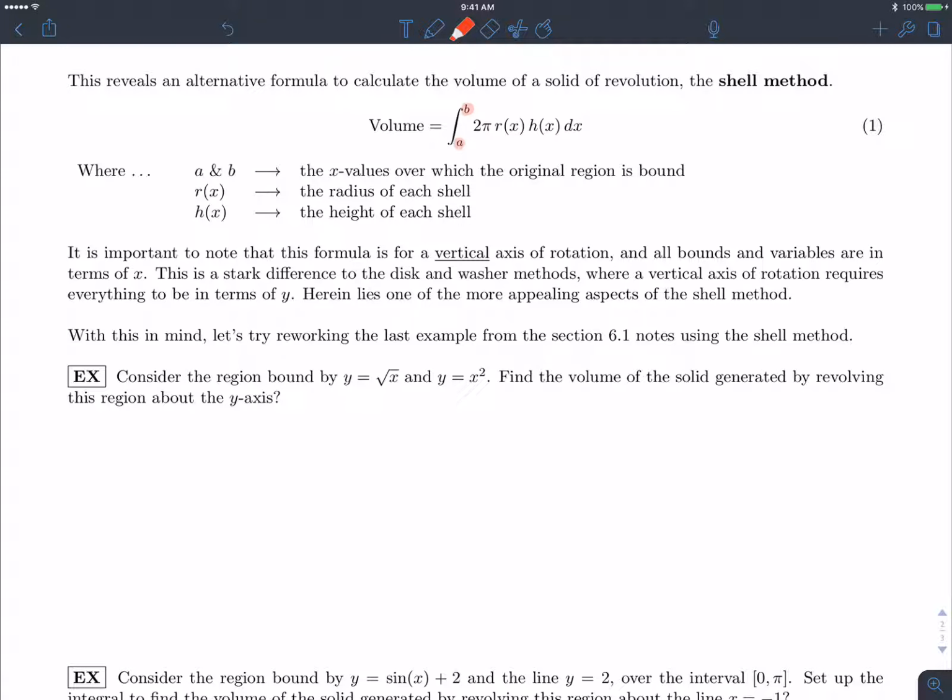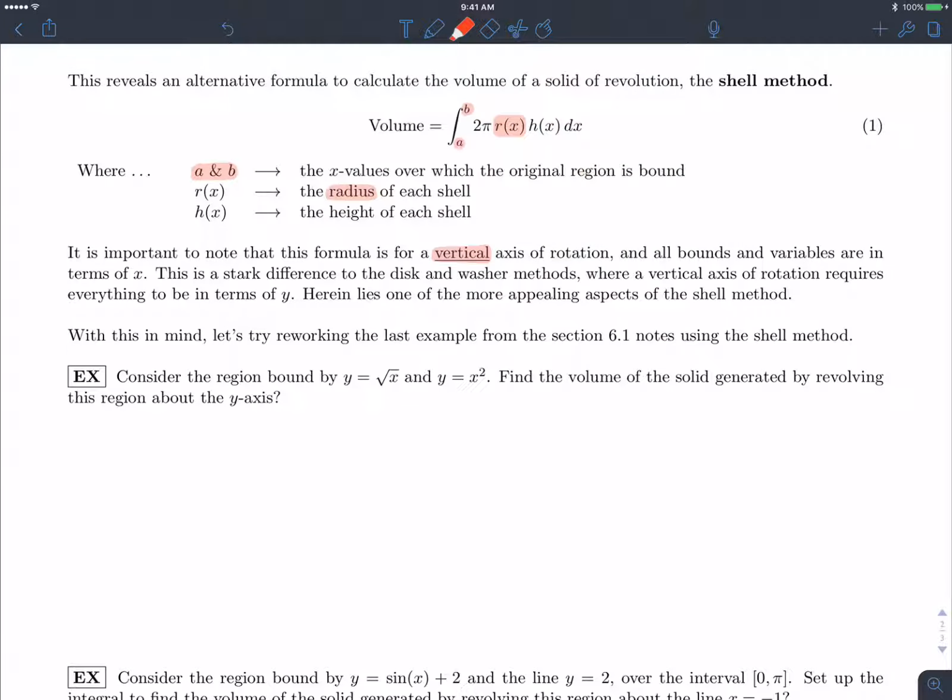Now, just to preface this, we're talking about volume with a vertical axis of rotation here. This would obviously change if we went to a horizontal axis of rotation, but we'll stick with vertical for now. So A and B, those are the first things we need, the bounds. Now, r of x is just the radius of the shell. And we talked about the radius being,